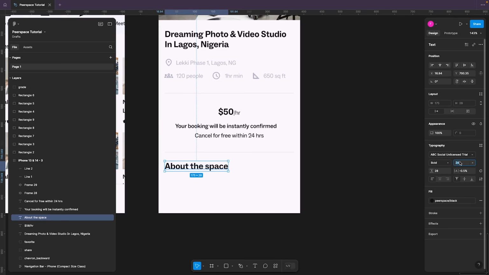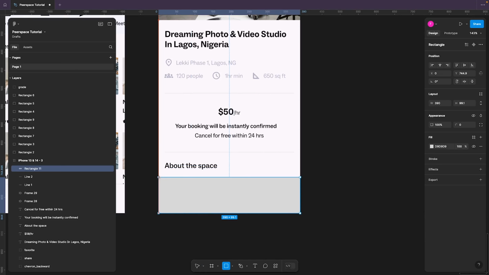And then we'd make the size 20, and then the weight can be semi-bold, and align line height as 24. 24 is okay for the space there. And then we are going to have